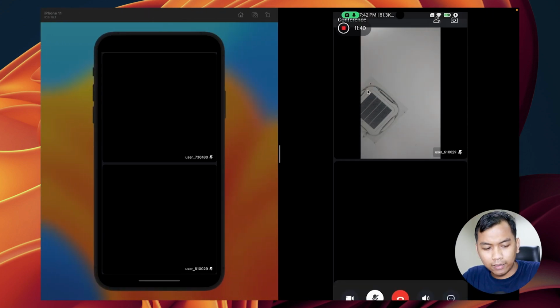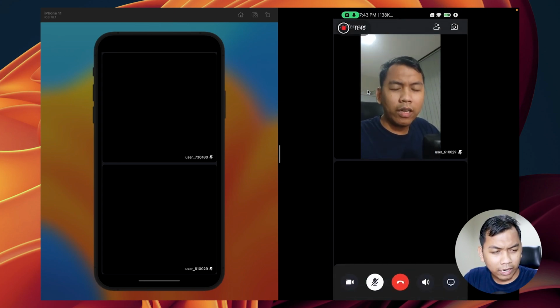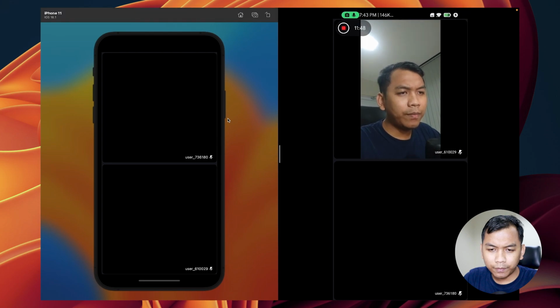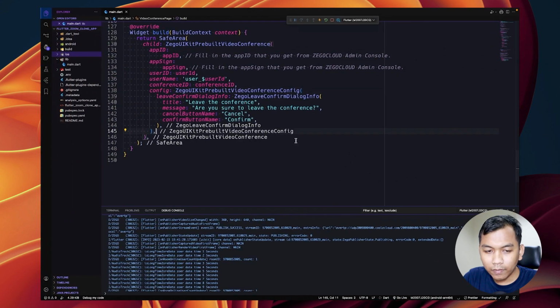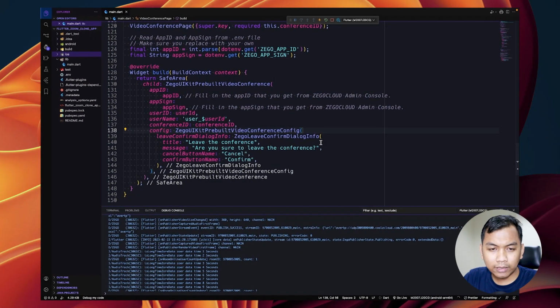We can create a video conference app or Zoom clone app within minutes. And also we can customize our app. And the important thing, Cisco Cloud gives us 10,000 minutes for free. So you can just click sign up through the link in the description below and create your own app and integrate with the SDK available on Cisco Cloud.